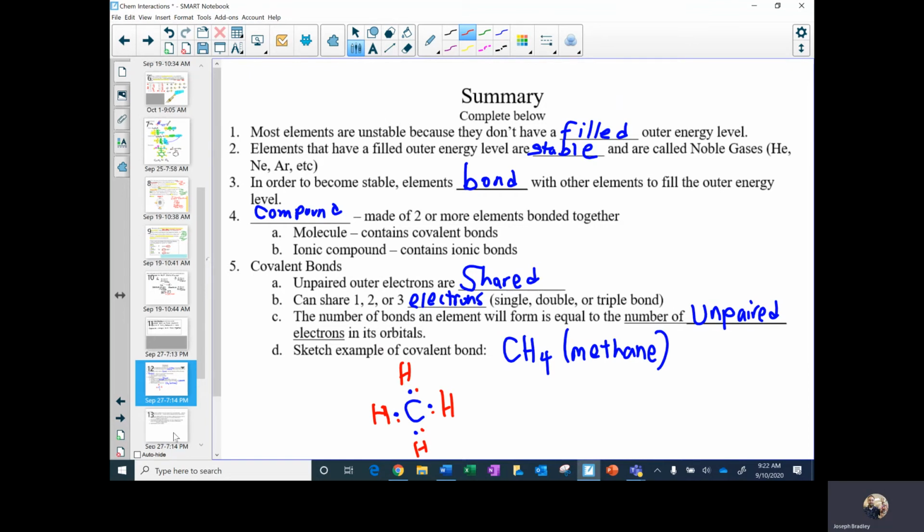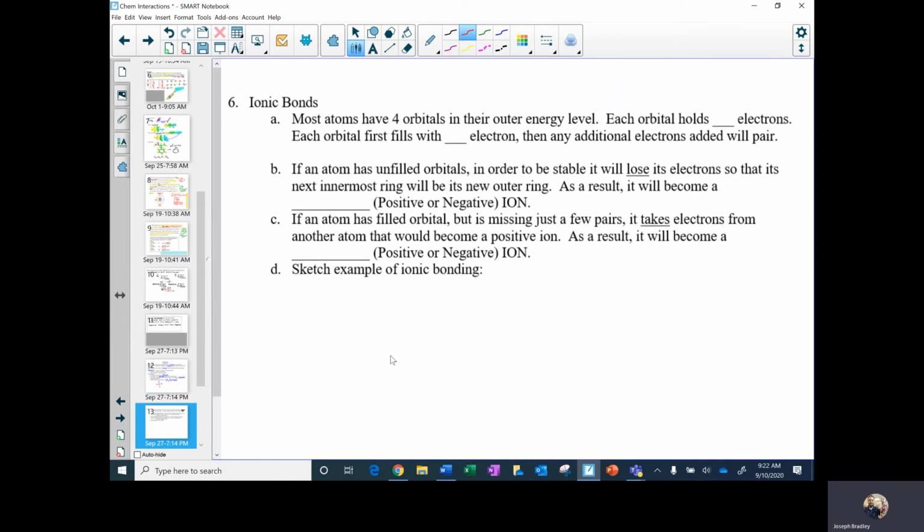Okay, the second part of the summary. Most atoms have 4 orbitals in their outer energy level. Each orbital holds 2 electrons. Each orbital first fills with 1 electron, then additional electrons added will pair. If an atom has unfilled orbitals, in order to be stable, it will lose its electrons so that the next innermost ring will become the new outer ring. As a result, it will become a